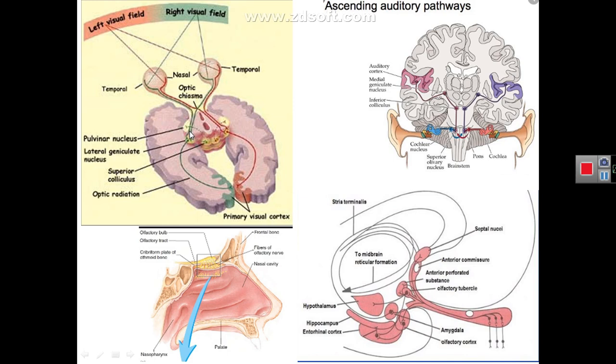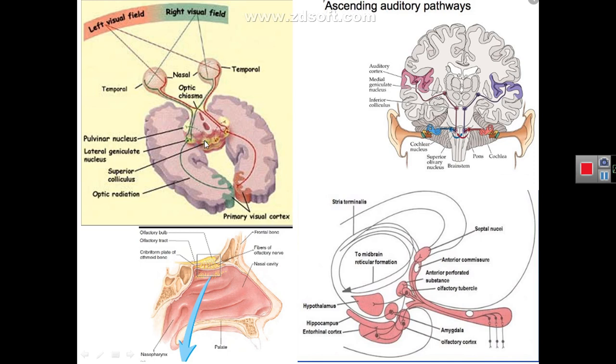The axons of the ganglionic cells of the retina relay, or connect, with the neurons in the lateral geniculate body, which is the metathalamus. And the axons of the neurons in the lateral geniculate body form the optic radiation that forms the retrolentiform part of the internal capsule to reach the primary visual area in the occipital lobe. You can see that the lateral geniculate body